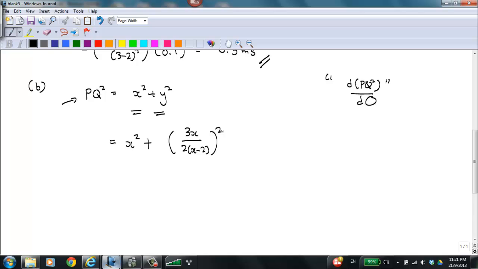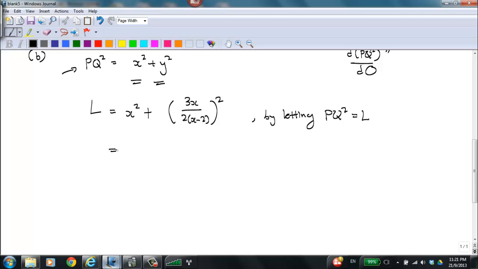Once it's done, in order to simplify our working later, I will call PQ square L. So my job is to show that the minimum value of L is 24.3 as according to the question. So we know that we have to do dL/dx, but before we do that, let's tidy up. What we can do now is take out the constant to make the differentiation later a bit easier. So now we can do dL/dx: 2x plus 9 over 4,